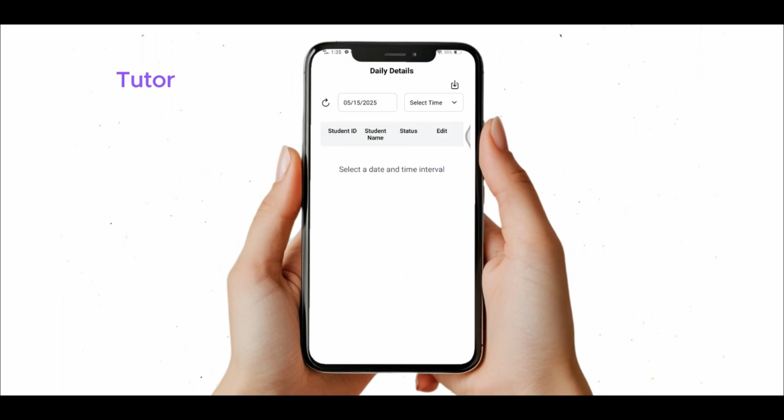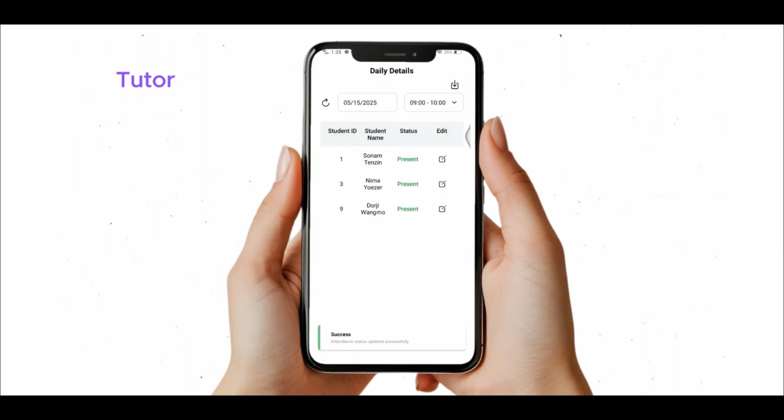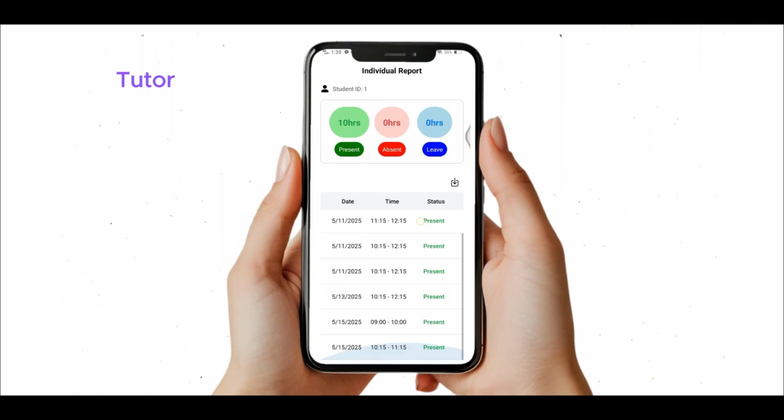And for the daily report, they can choose the particular date and time, and they can see the attendance report of all the students, and they can also alter the status of students if required. And for the monthly details, they can choose the month, and all records for the students will be shown, and we can also dive into each individual student to see